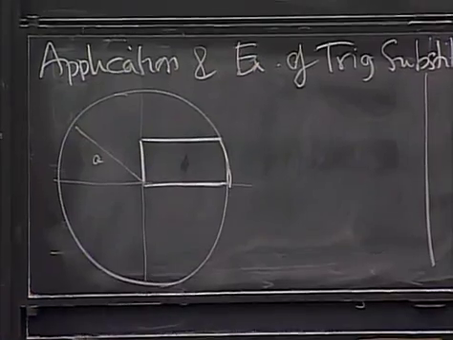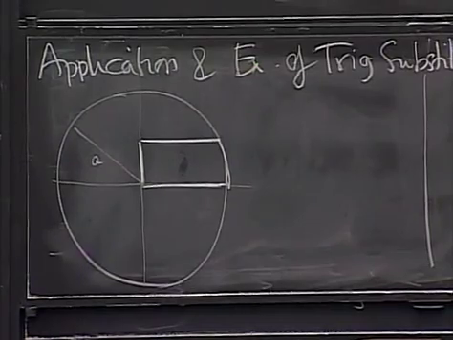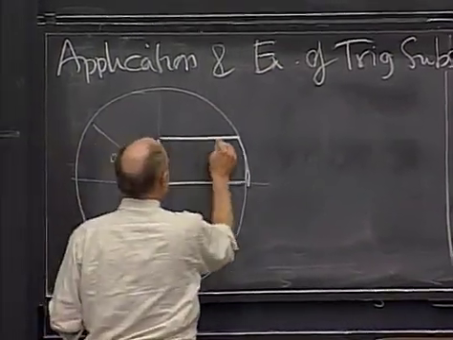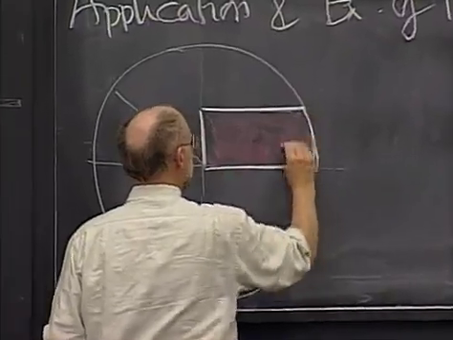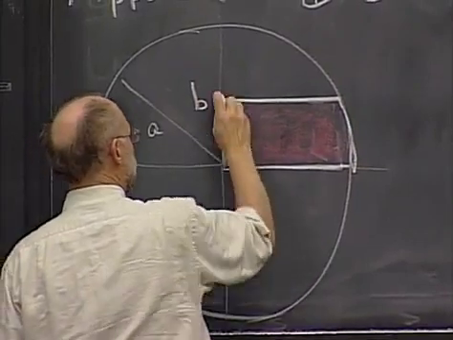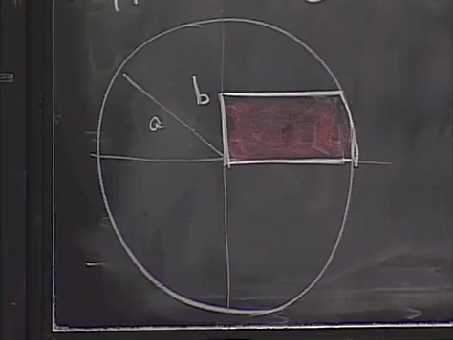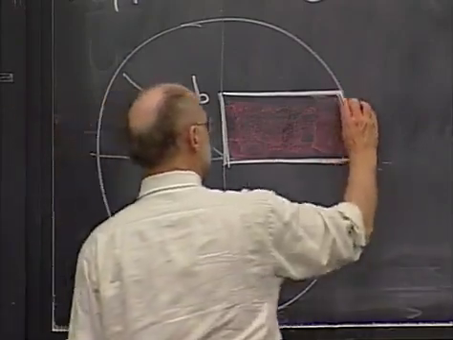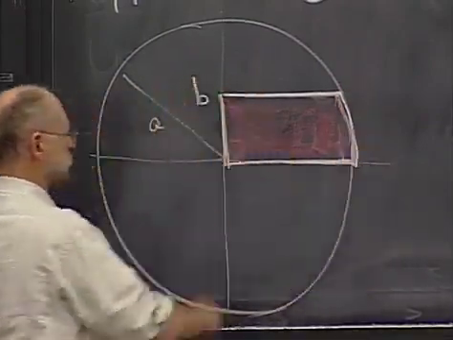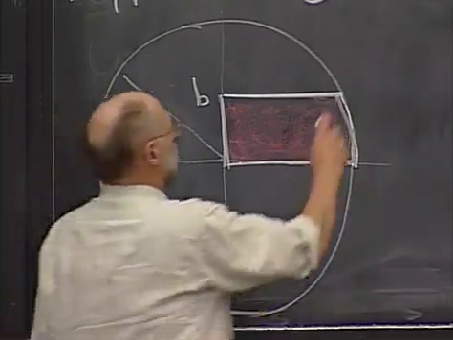Okay, so I have a circle whose radius is a. And I cut out from it a sort of tab here, this tab here. And the height of this thing is b. So this length is a number b. And what I want to do is compute the area of that little tab. That's the problem. So there's an arc over here. I want to find the area of this in terms of a and b. So the area,